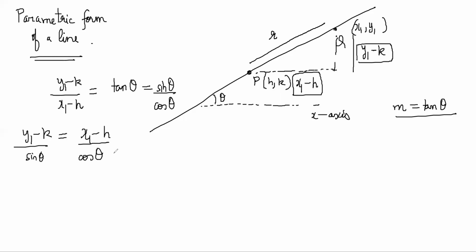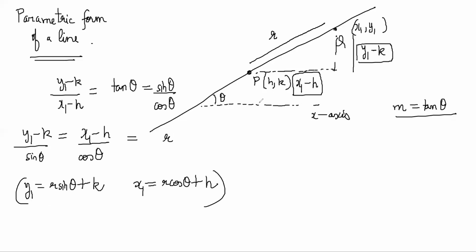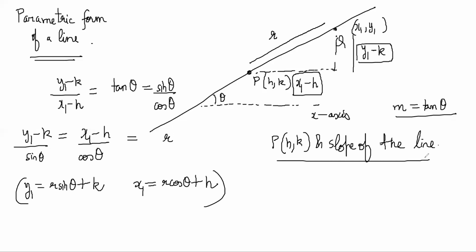So you can say that it is equal to some constant called r, right? Now you get y1 is equal to r sine theta plus k, x1 is equal to r cos theta plus h, right? So any point on this line. So if you have a fixed point on a line and the slope of a line, remember this, if you have one point on the line and the slope of a line, then